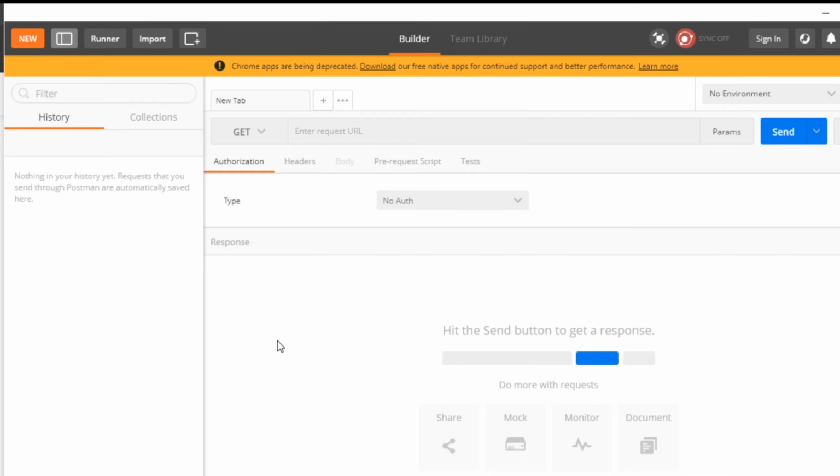So you have learned how to download Postman in the Chrome. Now you also know how to download it in your local. Now the decision is yours, whichever you want you can keep. So this completes the installation.